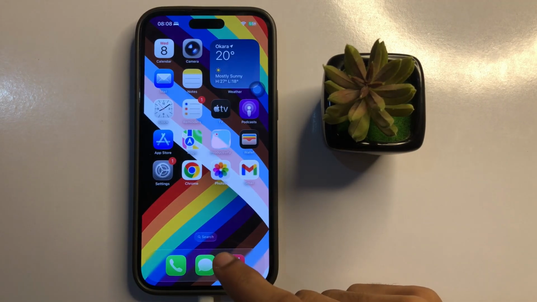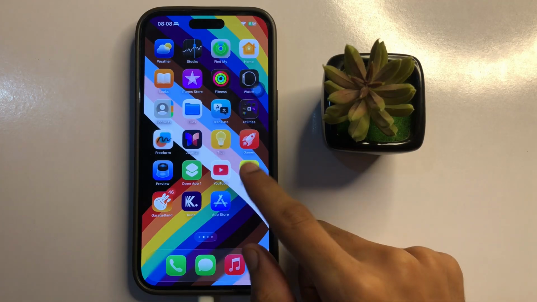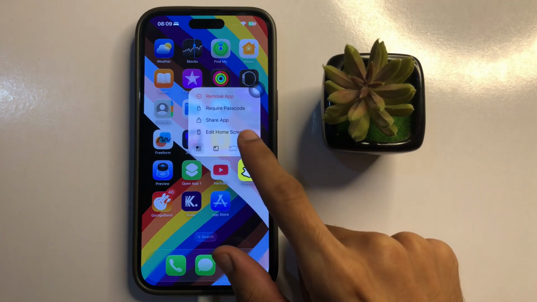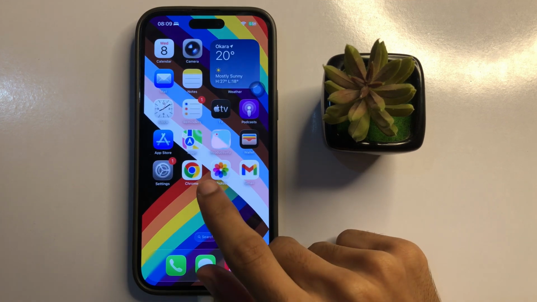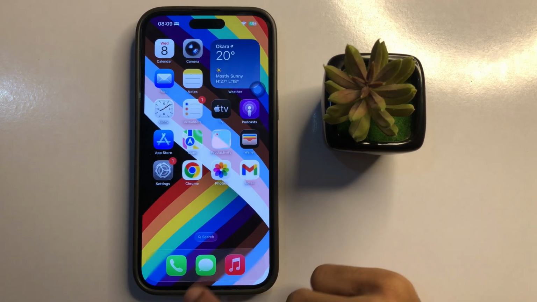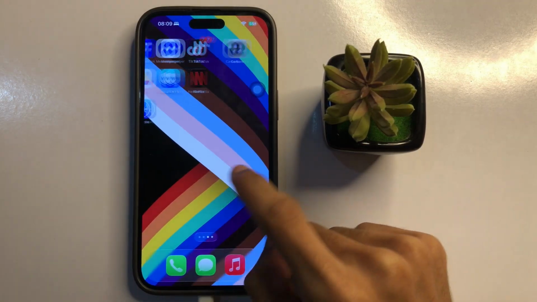So if it's still not solved, uninstall the Snapchat app and install it again from the App Store. After installing, you will check if your problem is solved, but if it doesn't solve,